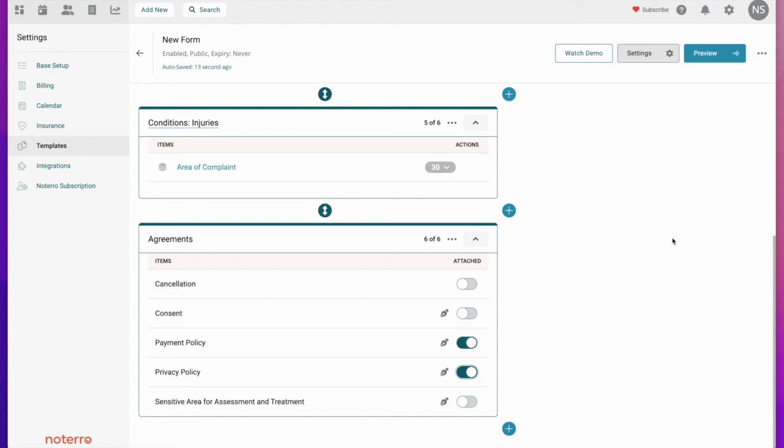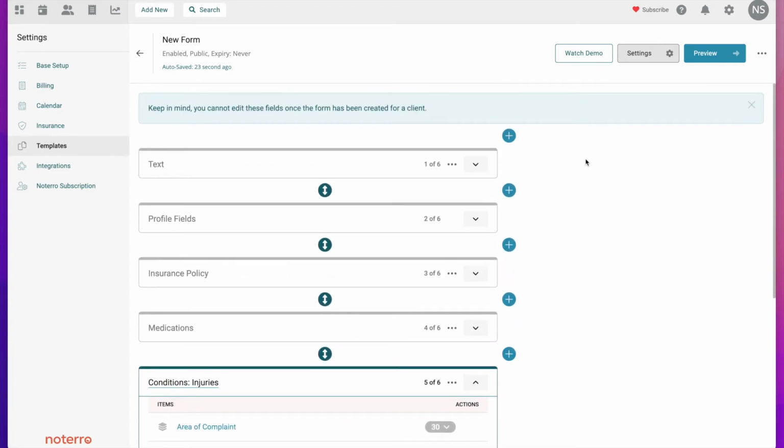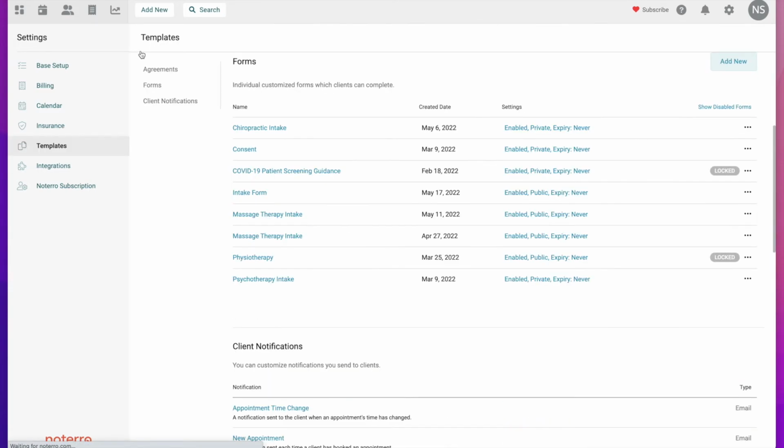And again, as you're building it, you want to take a look at the preview button. You want to click on the preview button to view your form. So that's the basics of how you would create your new form. Let's go back to the listing page, because I do want to show you some other things on the listing page. So if I go back to the listing page, you'll notice the form that I created, that intake form,